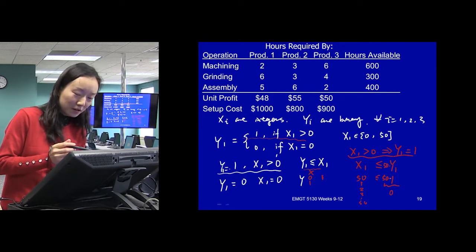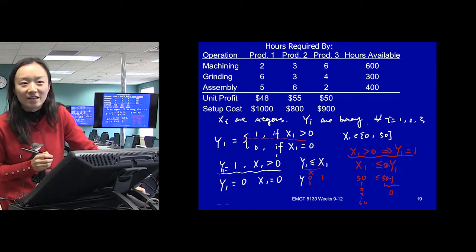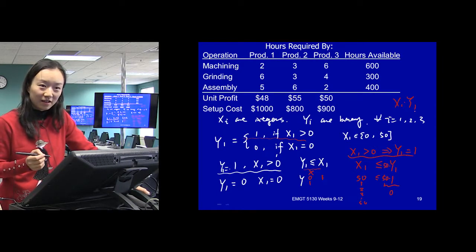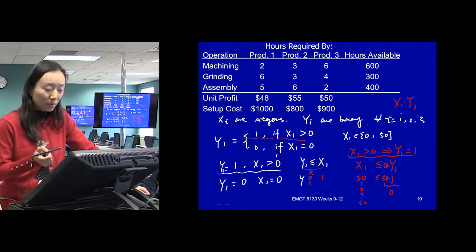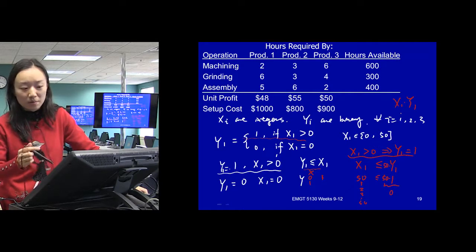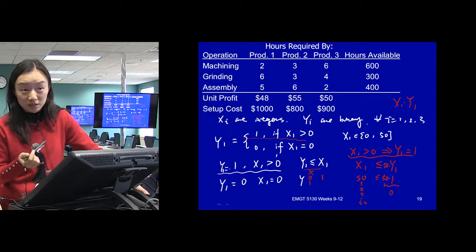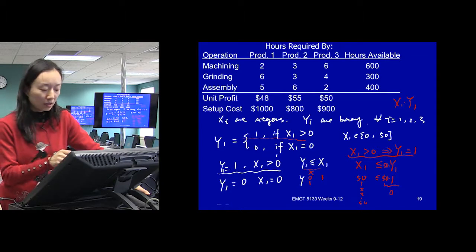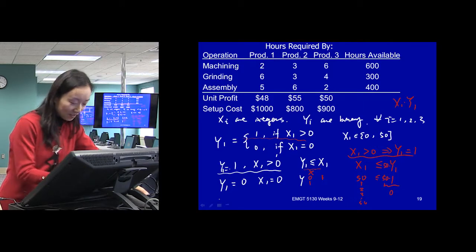Does it work now? Or can you just multiply it by x1? No, because that will be nonlinear. You are saying x1 times y1 on the right side? Is that what you're suggesting? That will be nonlinear. One mistake students often make in this chapter is they multiply the decision variables together, because many of the problems you can solve that way. But they become nonlinear, and we don't want nonlinear. We avoid nonlinear as long as we can formulate an ILP, because with nonlinear, it's not guaranteed you find the optimal solution.